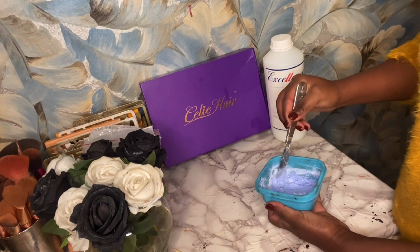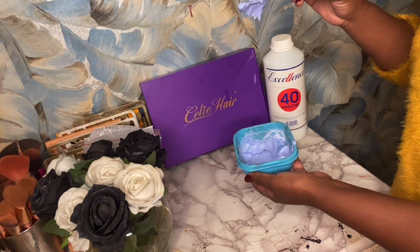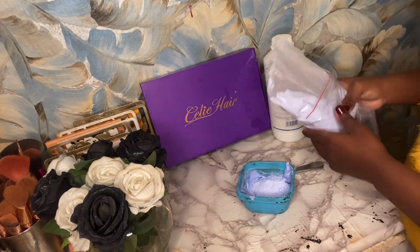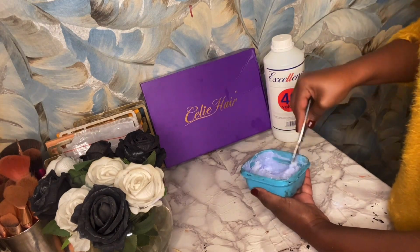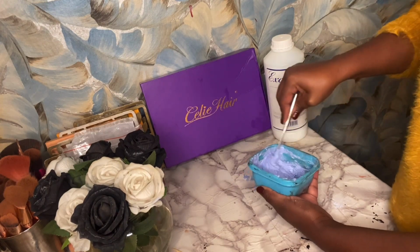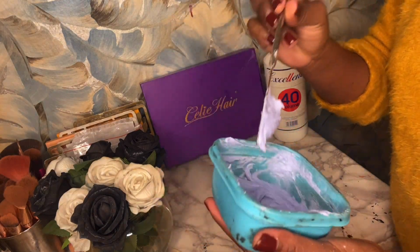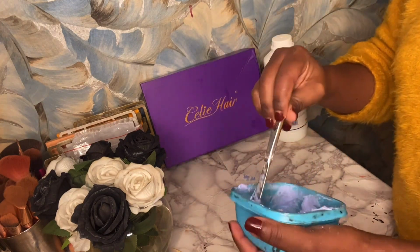Now, the consistency that we are looking for is a toothpaste consistency, and you turn your bleach upside down and it drops down into the bowl. Just know that you don't have the right consistency yet, and it will bleach through your knots and leave your wig a hot mess. Okay, that is not what we want. So if your mixture is runny, please do put back some more bleach. The consistency that we are looking for: if you turn it upside down and it does not fall back into the bowl that you're using, it does not drop down, then you know that you have the right consistency, and now you can start applying it